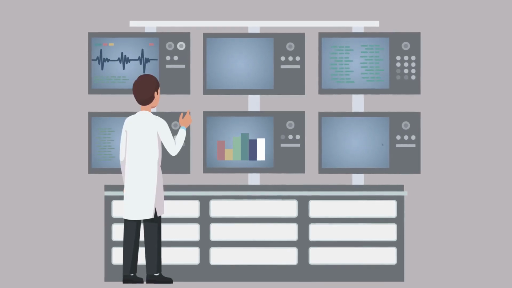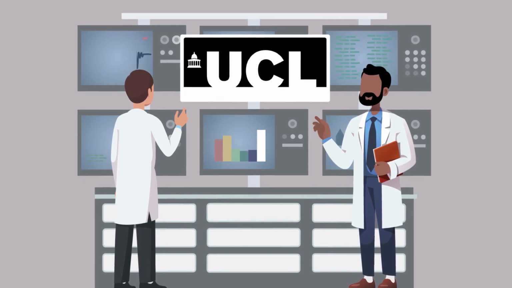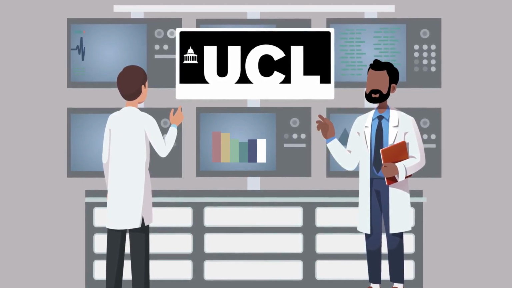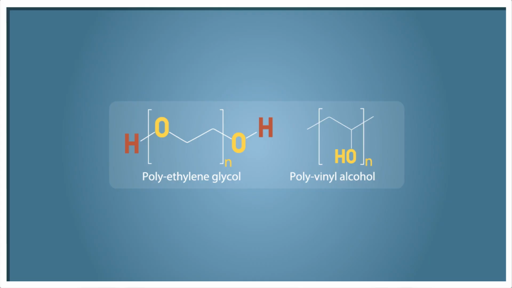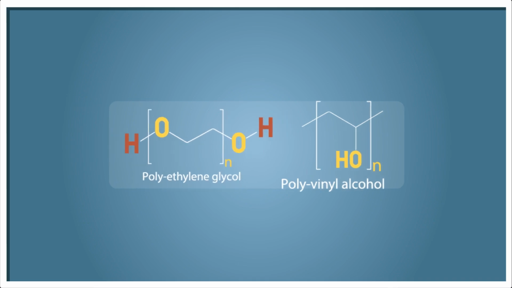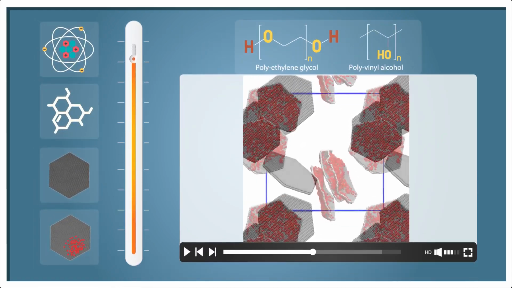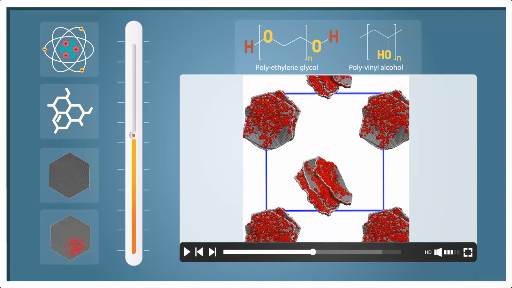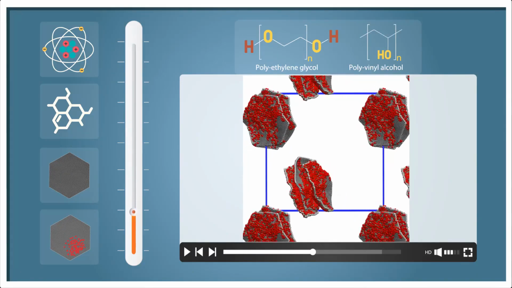In a recent study conducted at University College London, scientists used a technique called multiscale modeling to gain insights into the driving forces behind the formation of different graphene morphologies. Using two polymers, polyethylene glycol and polyvinyl alcohol, they conducted bottom-up simulations in which they observed how changes in the chemistry at the atomistic scale propagate up and ultimately shape the properties of graphene flakes and graphene oxide composites at